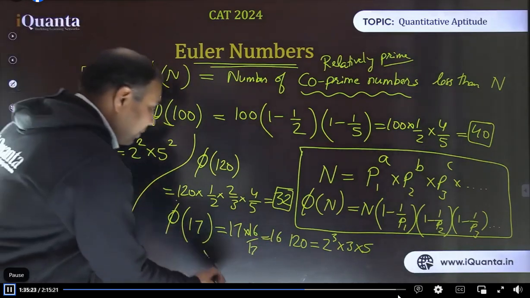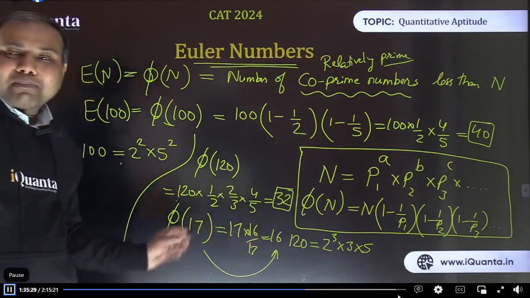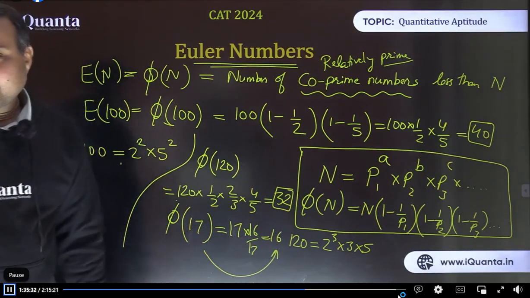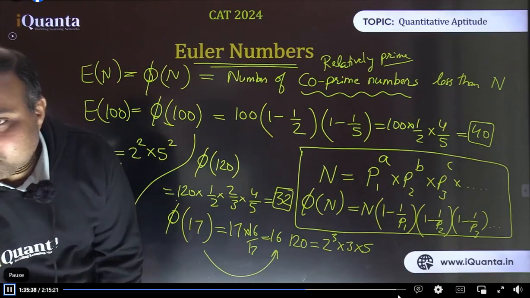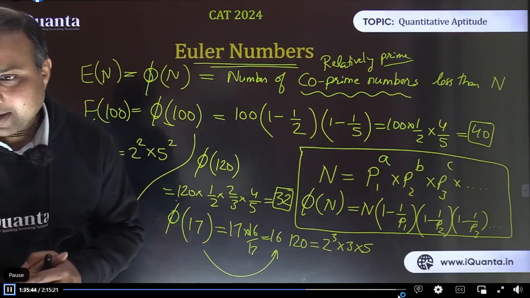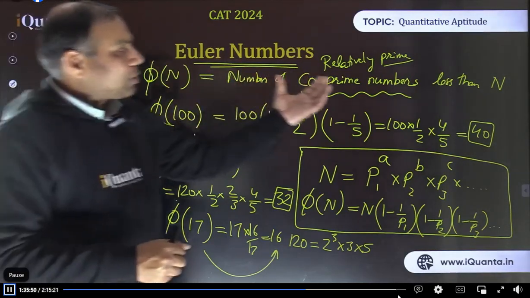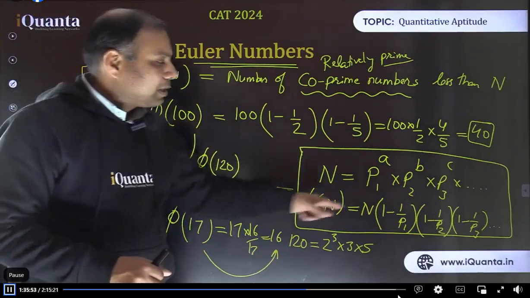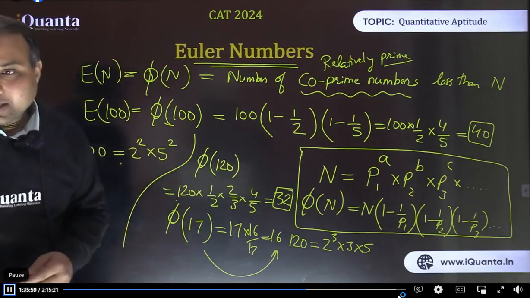So that is an important learning from here. For every prime number you will find this value of phi comes out to be that prime number minus 1 only. For every prime number it is going to be the case. Yes, exactly, Hetvi, perfect. Euler number for n will be n minus 1 for all prime numbers. Okay, so far we have understood what is the meaning of Euler's number, what is the meaning of coprime number, how to calculate Euler number for any number now. So we have taken the example of 100, 120 and now 17.